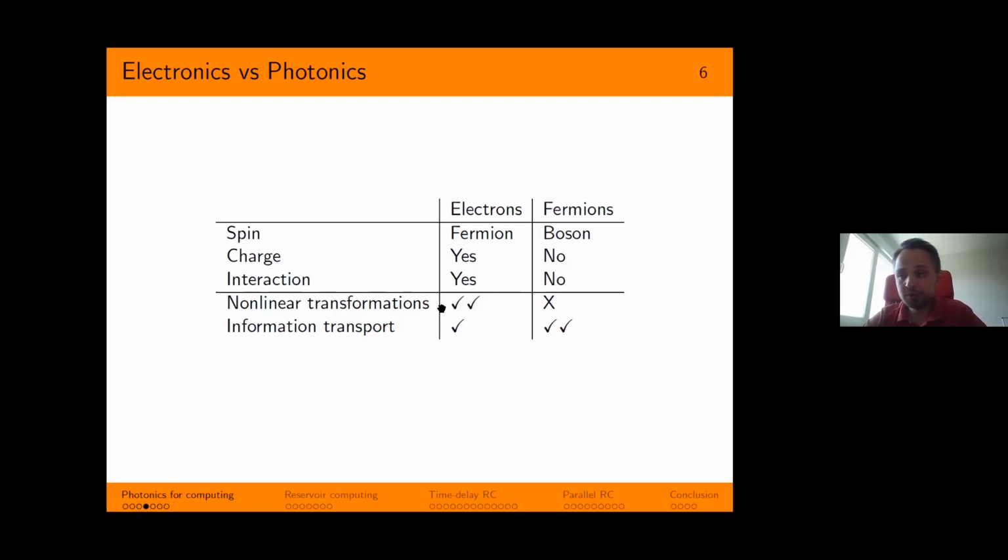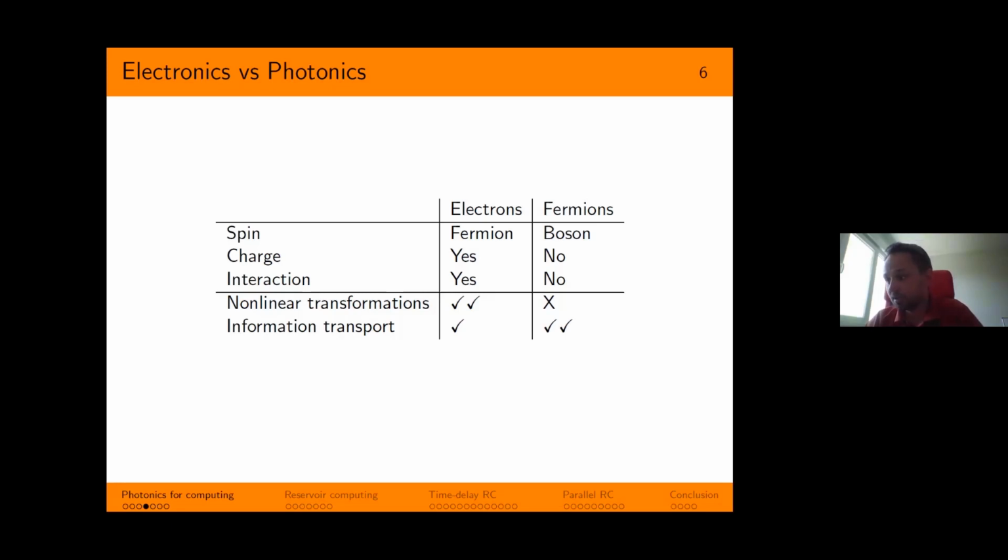Because of their fermionic nature, the electrons strongly interact and they are well suited for nonlinear transformations. On the other hand, these very interactions are a problem in the transportation capacity, making them quite mediocre for information transportation. The photons, on the other hand, do not interact directly. Therefore, they are perfect for the communication, and this is something that we experience in everyday life with the fiber